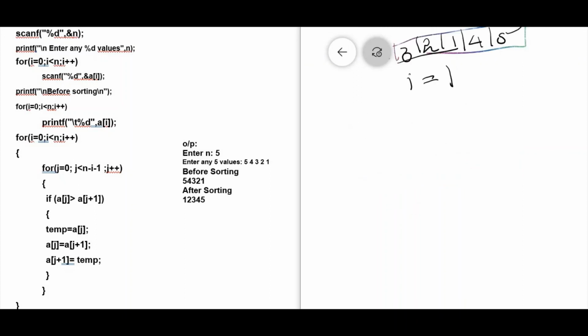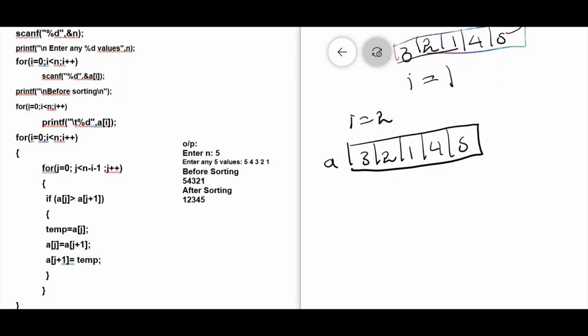Now when the value of i is equal to 2, the content of the array, which was 3, 2, 1, 4, 5, will become 2, 1, 3, 4, 5. Right?